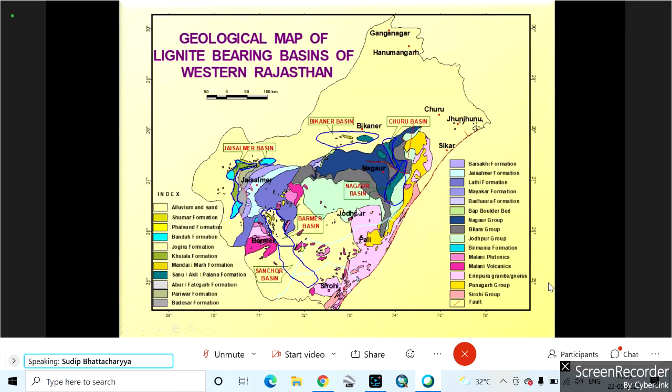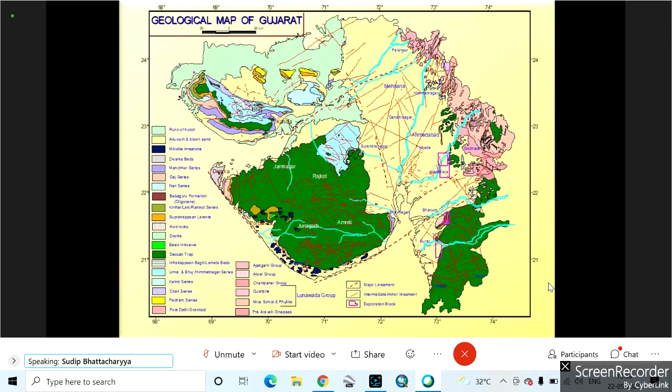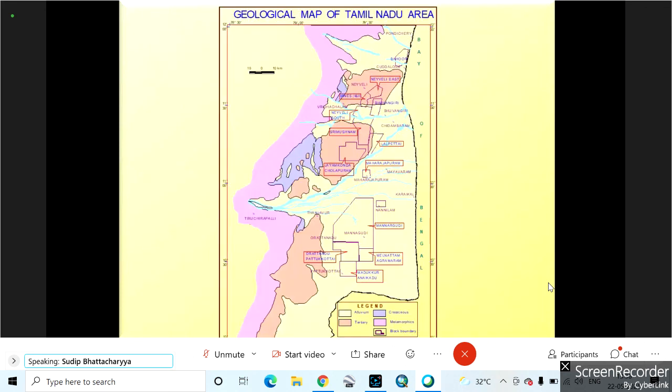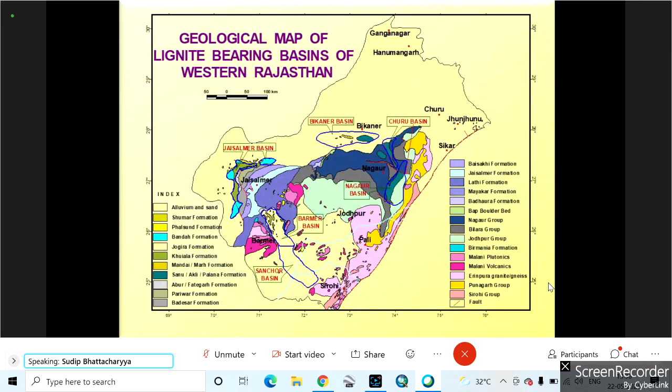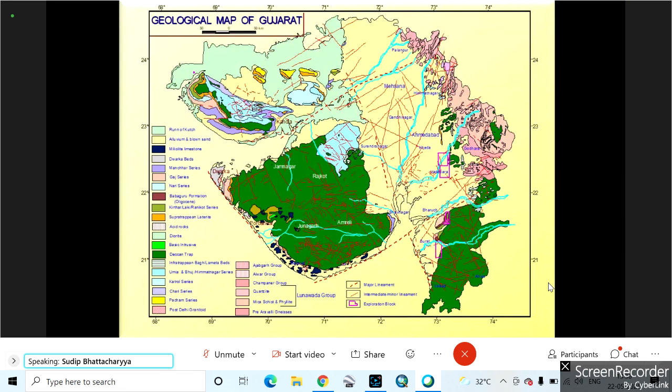Lignite is also that. So in the lignite-bearing basins of Rajasthan, some basins are there. Jaisalmer, Bikaner, Chiru, Sanchur. Within these basins, the lignites are coming, and we are exploring those basins. In Gujarat also, in the extended Kutch area, or this Kutch and this Amrali and the Bhuj area, here we are getting some